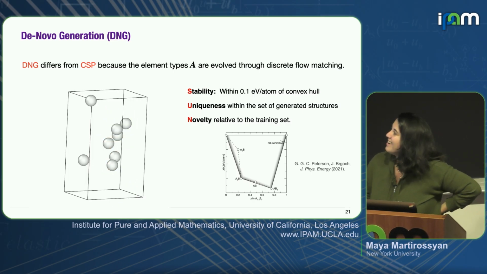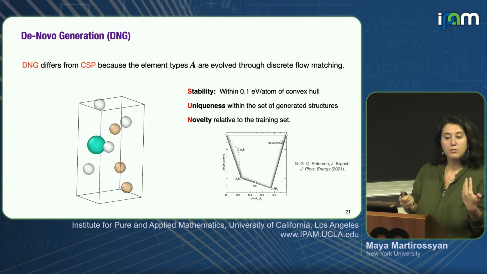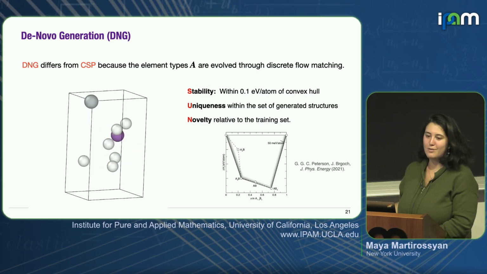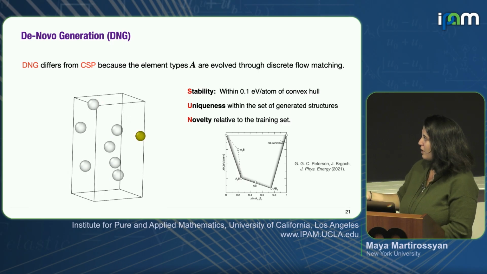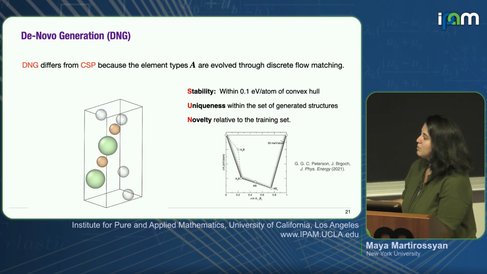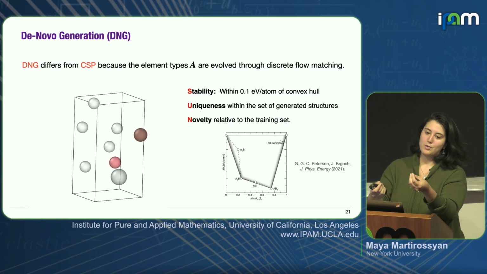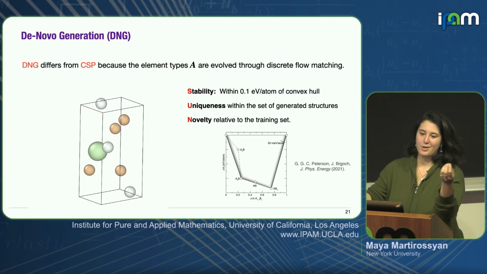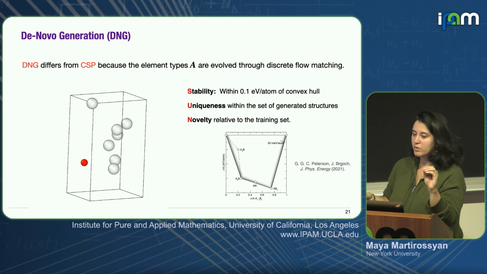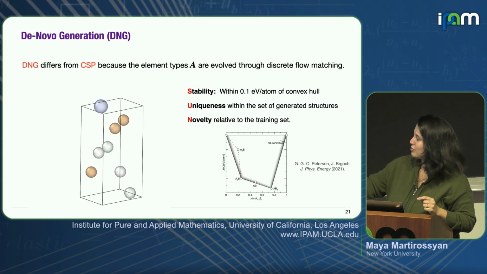It just differs, again, in that we're learning about the species, so we need to evolve the species during the flow as well. And here I just have an image of how we construct the convex hull. When we assess stability, we're thinking about being within 0.1 eV per atom of the convex hull. This is important because if we're pretty far from the convex hull, what's probably going to happen is that you're going to decompose, effectively phase separate, into different compositions that are lower than you on the convex hull. And so that's why being close to the hull is very important. And actually that's why it's convex. If you were above, you'd just end up phase separating.